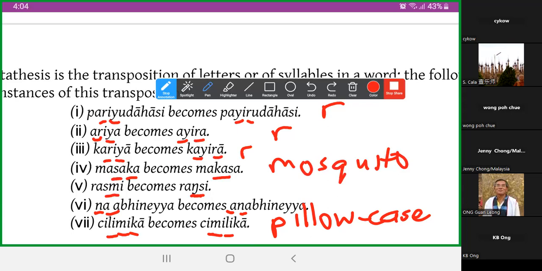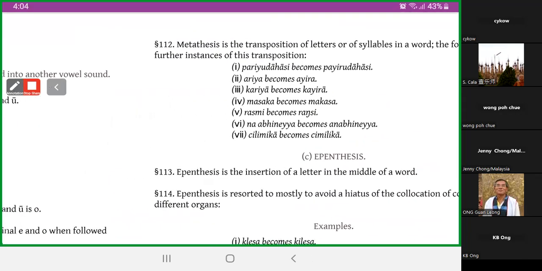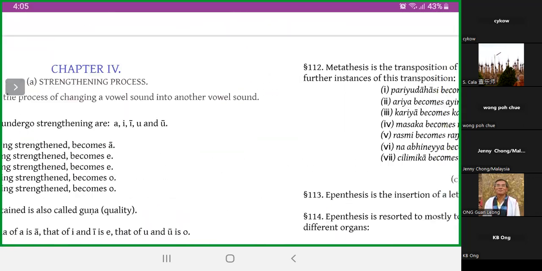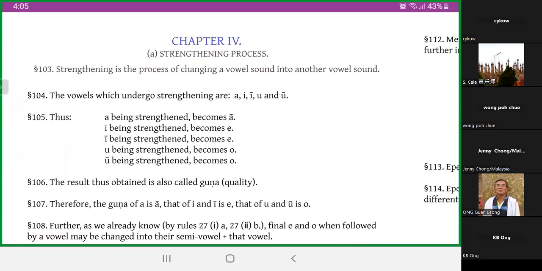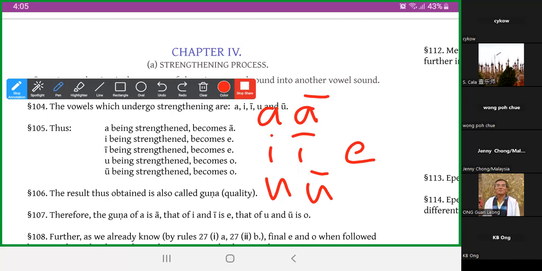Metathesis. The earlier one you see is the lengthening of the vowel. So this is the one that we do. And there are some more here. If you've got time, we go for this one, a very short one. So this is called strengthening. It's very easy. You just remember the sound system. A becomes A, I becomes E, and then A. U becomes O. Sometimes it has the semi-vowel. So this changes to semi-vowel Y, or changes to semi-vowel V. That's all. So you just need to remember this.